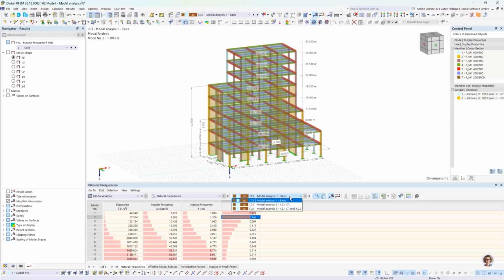If I change to the second iteration, so the stiffness reduction, we will see a huge change in the structure, so from 0.92 to 1.24. It's a quite big difference,